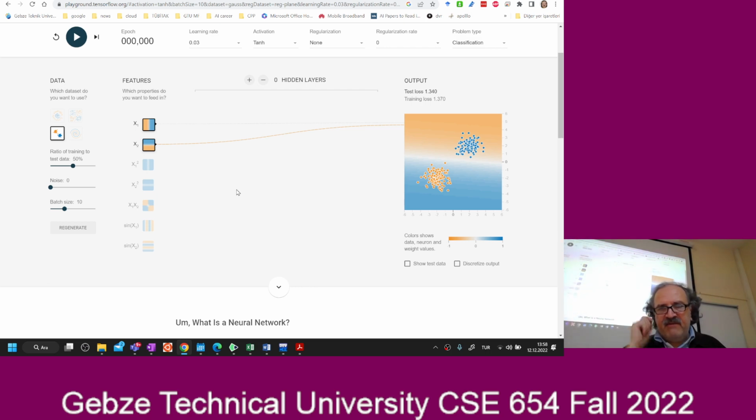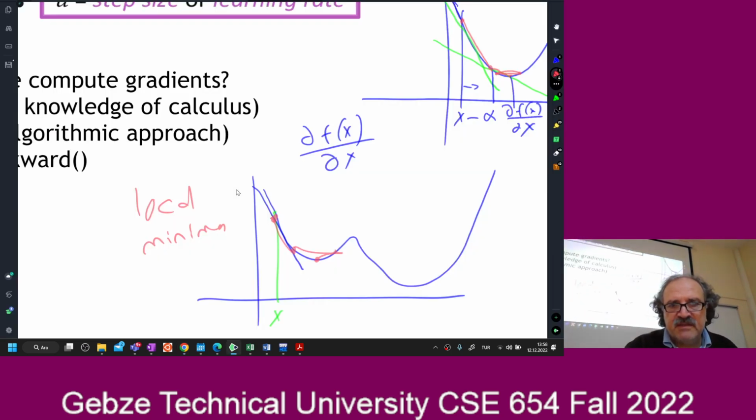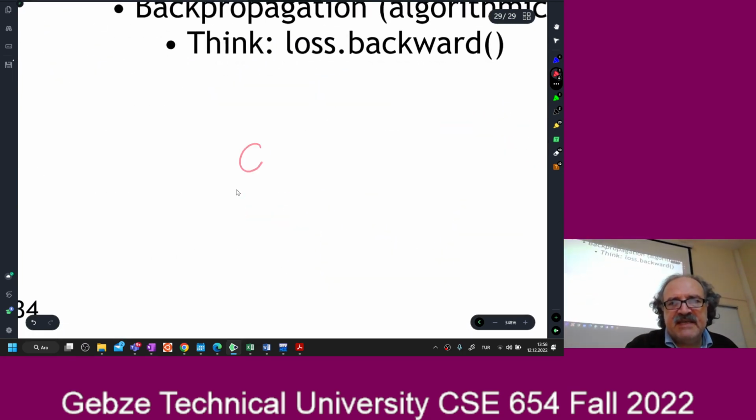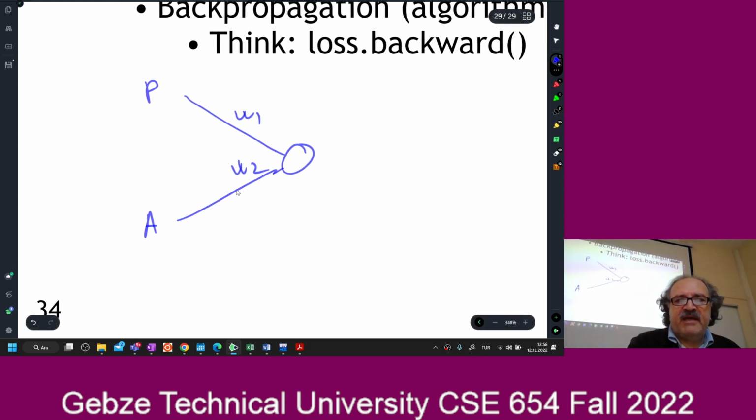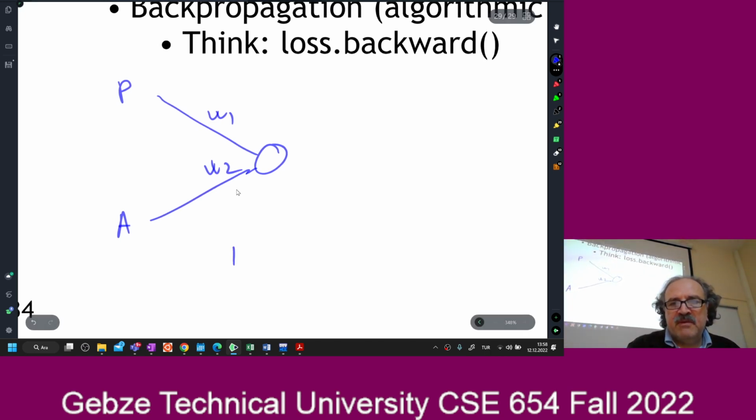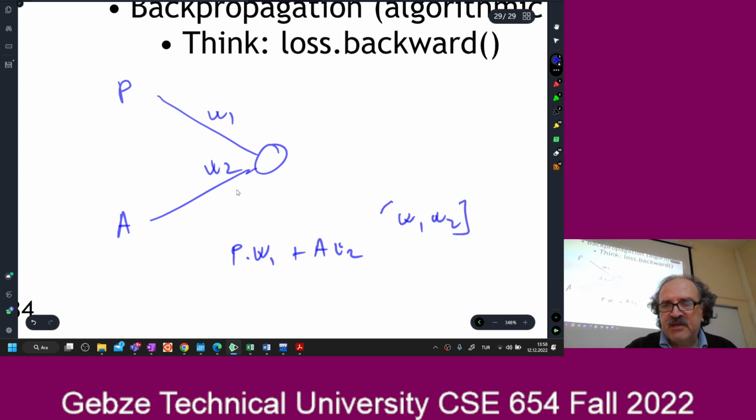So basically, let me try to draw it. This is my node, and these are my inputs, price and the age of the car, right? I get just a single node. This is W1 and this is W2. I am multiplying this P with W1 and A with W2. So P times W1 plus A times W2, that means what? W1, W2 is a matrix and